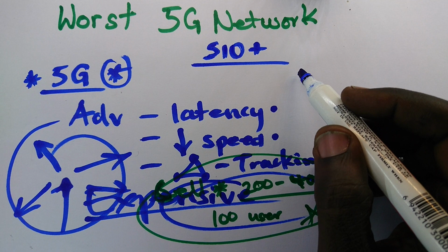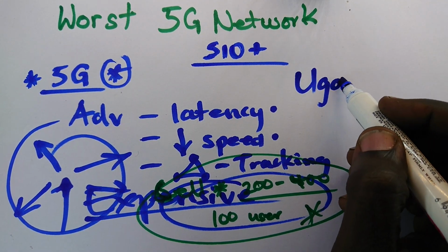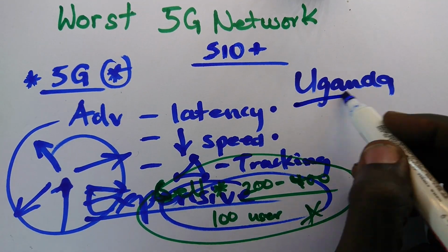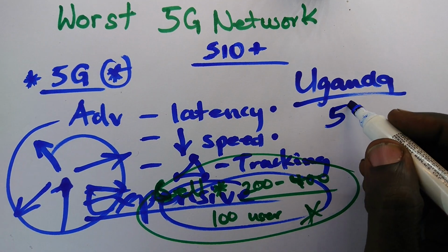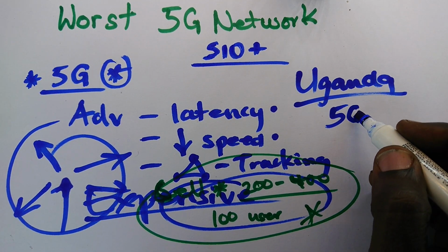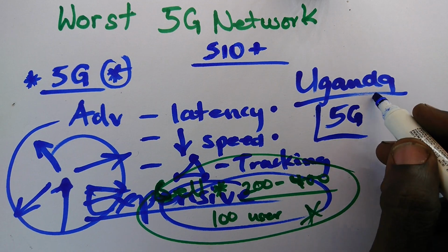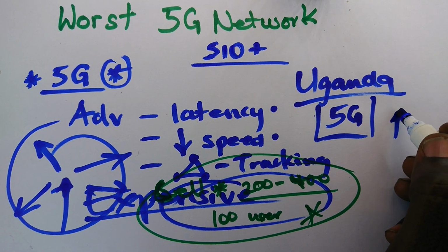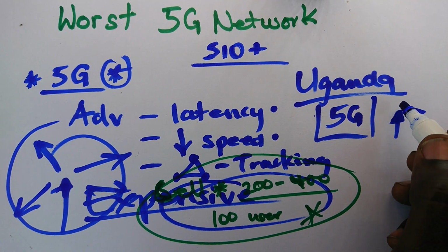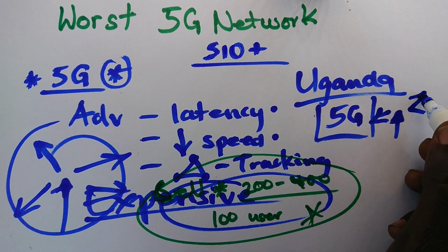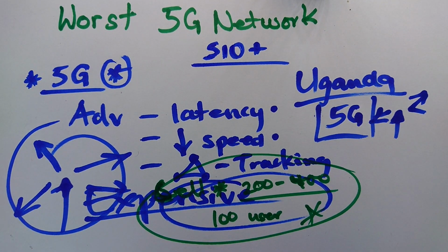So I find that where I am, which is Uganda, not every area has 5G rolled out, and if you are able to detect 5G, it's mostly from a very distant access point, like an antenna, very distant. So in the end, much as 5G should be fast, you're getting very few bars to even appreciate that download speed, which is ridiculous.